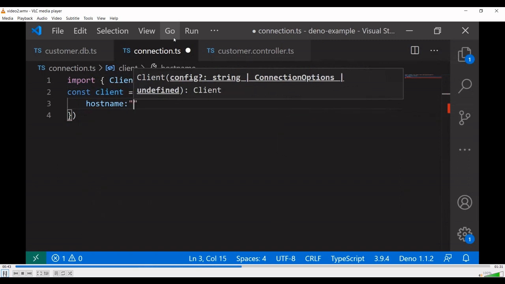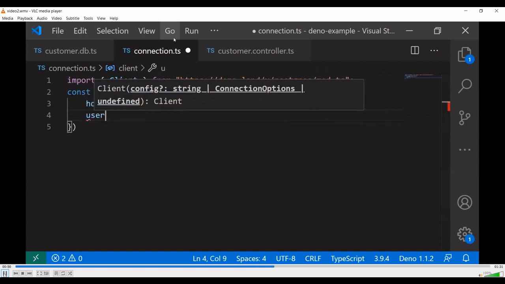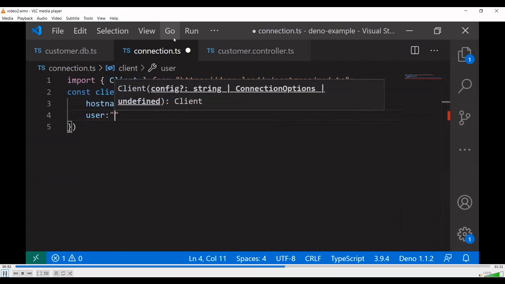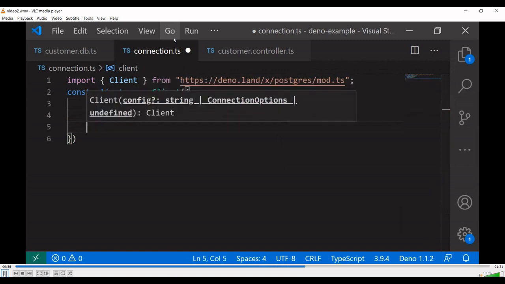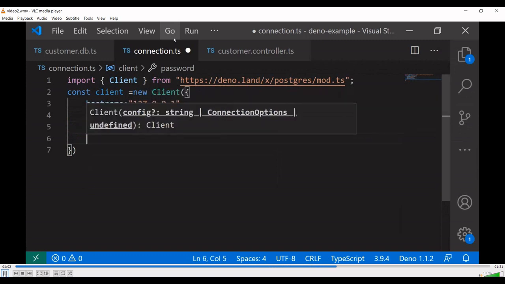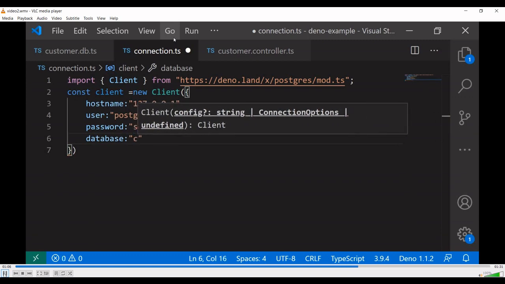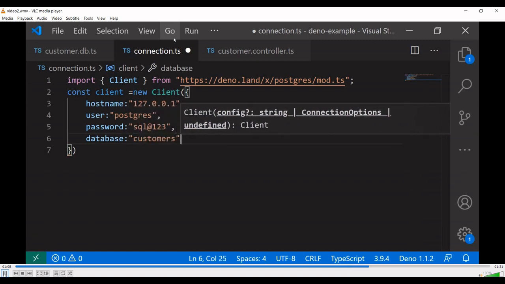So there are options. Host name, I'm using my local 127.0.0.1, and username, password. I'm showing my password because it's a local DB, and the database. The database I'm selecting is customers.